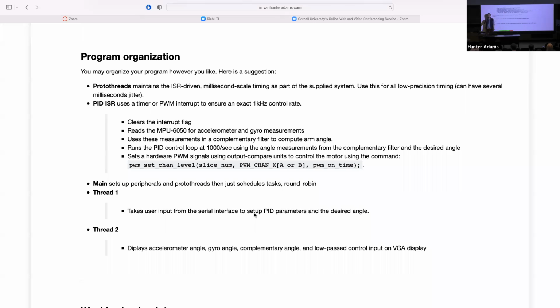Remember that the two inputs to the complementary filter are the angle as estimated directly from the accelerometer and the angle as estimated directly from the gyroscope. It's kind of interesting to also plot those so that you can see the accelerometer angle estimate, the gyro estimate, and the complementary estimate. And then as you play with your complementary filter weights, you can see how the complementary filter output moves relative to the accelerometer and gyroscope outputs. We'll look at that in more detail as well. You might consider doing that.